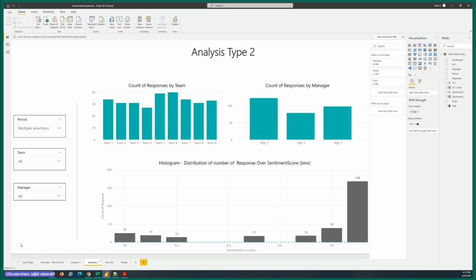But Qualtrics is an online survey administration and survey analytics toolset, and they provide you with these natural language processing features as well.